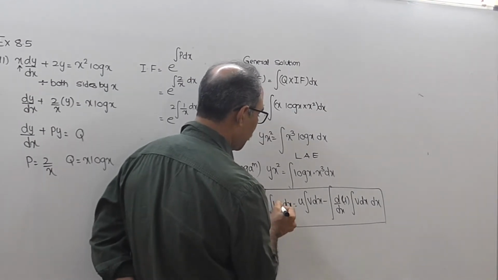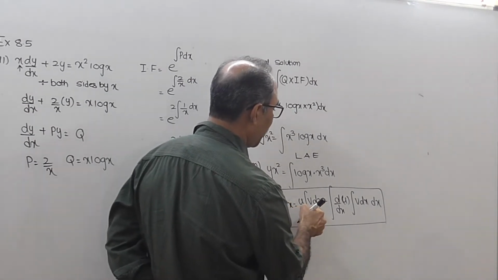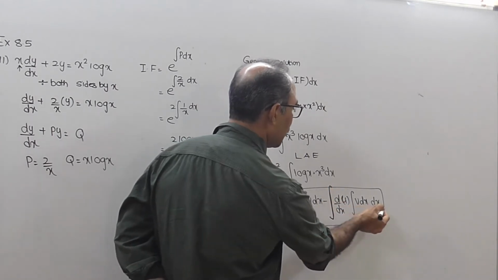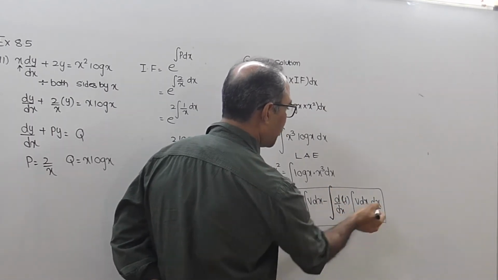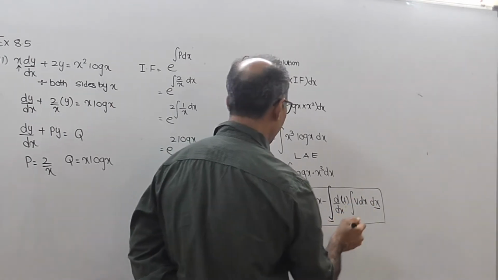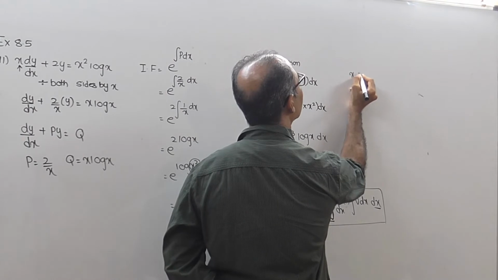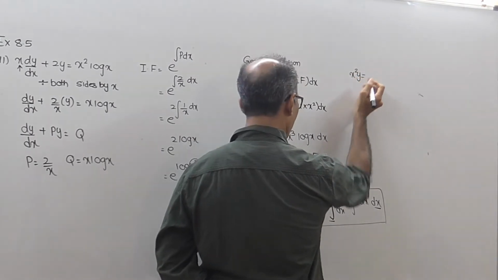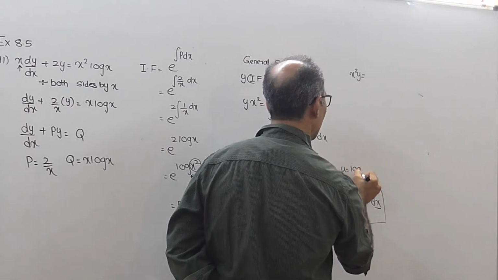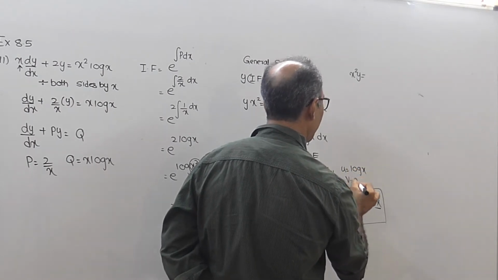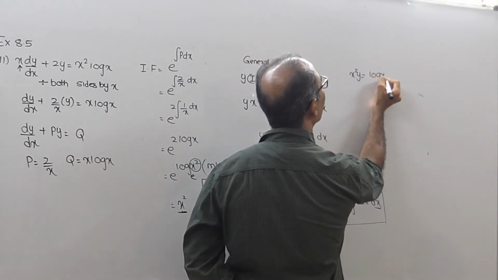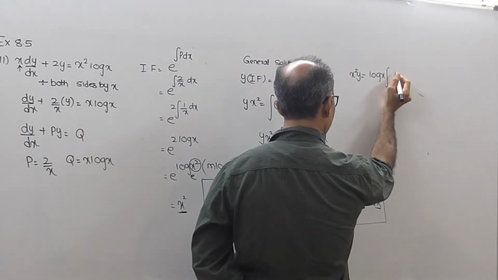Integration by parts: integral of u v dx equals u times integral of v dx minus integral of (derivative of u times integral of v dx) dx. So we get x square y equal to, my u will be log x and v will be x cube. So I get log of x times the integration